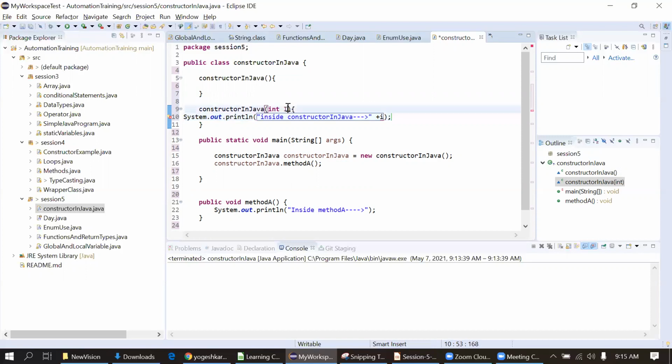The i should be small, not camel case. I will just make it small.